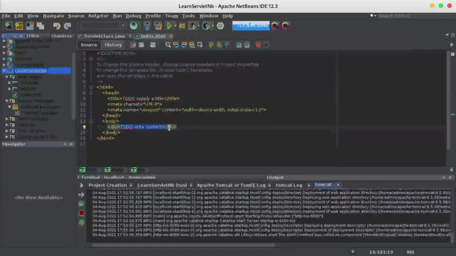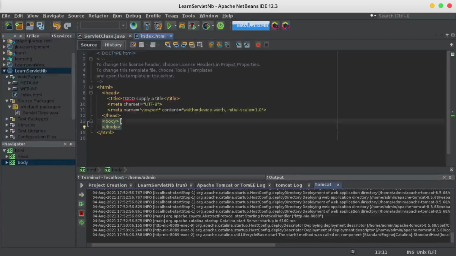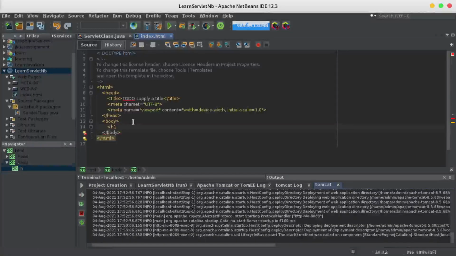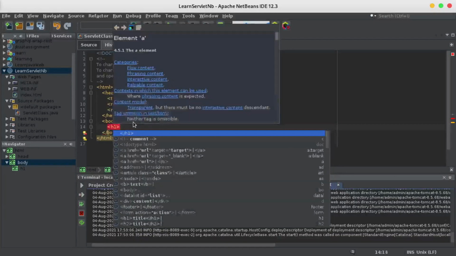Actually, you can change something here. Let's change something small. Let's create our HTML page. Let's have a header for our page.